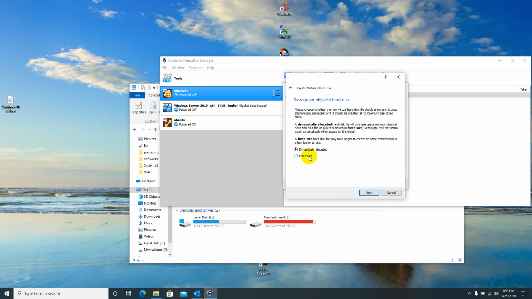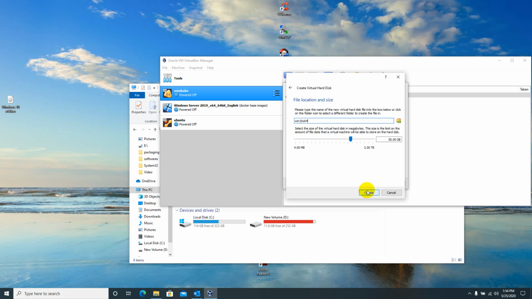Instead, I will keep dynamically allocated. So in the disk storage internally it will show 100 GB, but outside it will show only the size which I have consumed. Let's say I used 5 GB or 6 GB for OS installation and I kept 100 GB. If you log into Windows, it will show a 100 GB partition, but the file size of that VDI file outside will be only 5 or 6 GB.